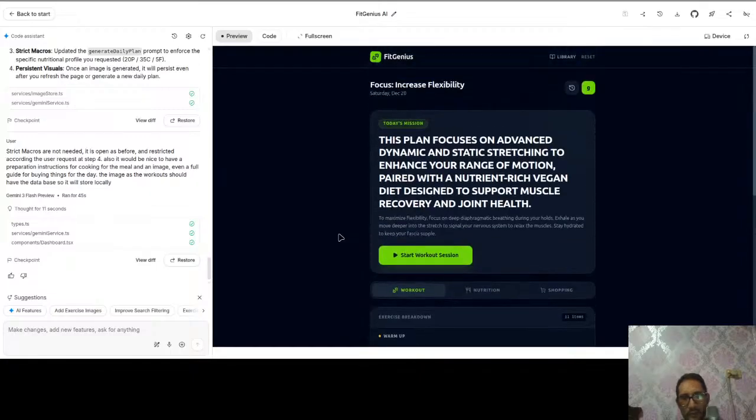Okay. So those rules are very important. I don't remember how it's called, but it's a way to tell the AI how to proceed with the whole project.